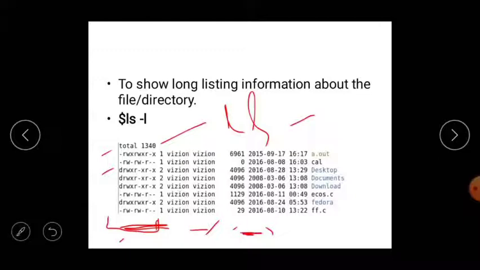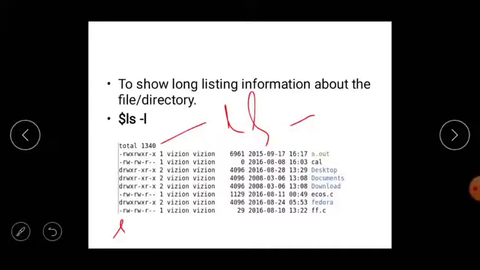If it is D, you can observe here, D means directory. If we get the first character as S, it means it is a socket file. If we get the first letter as L instead of hyphen or D, we are going to call it a link file.